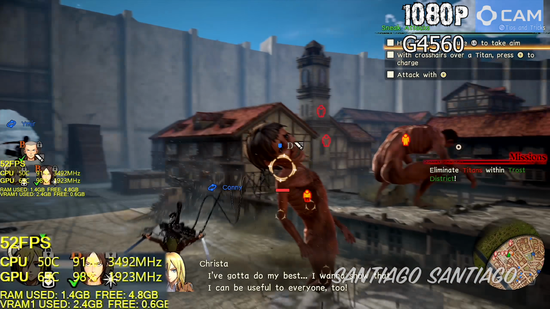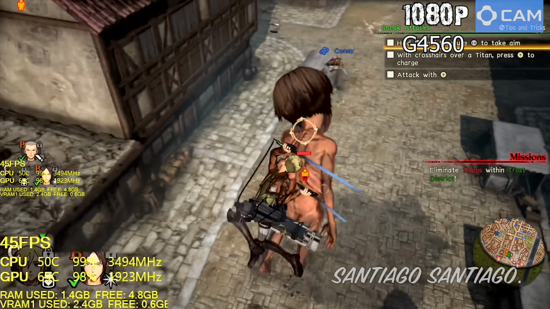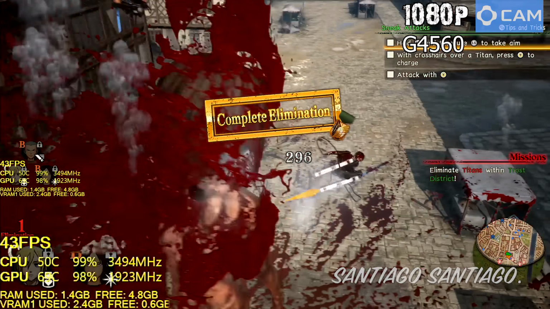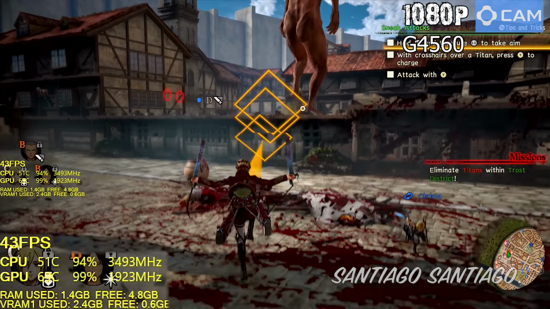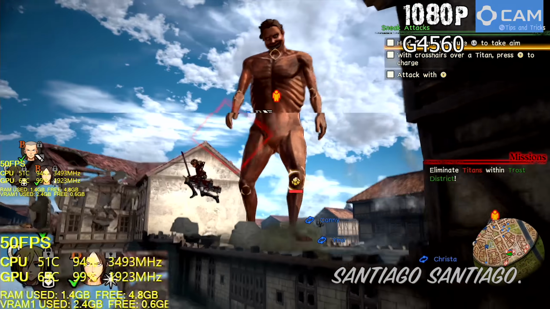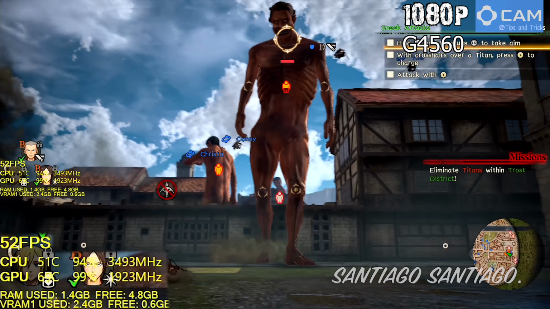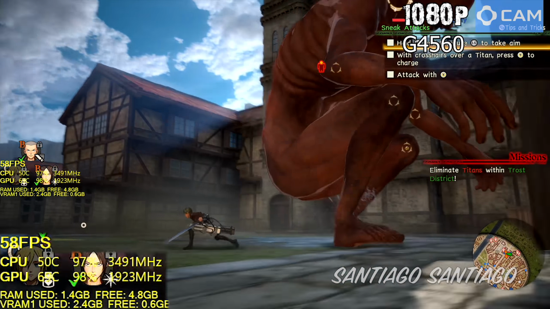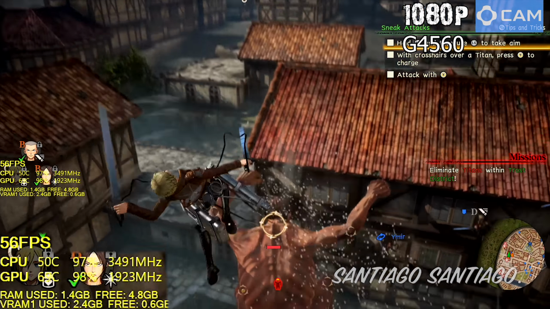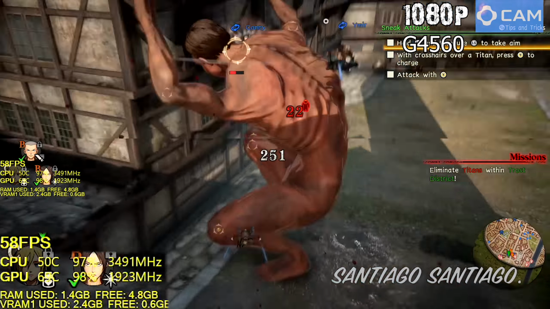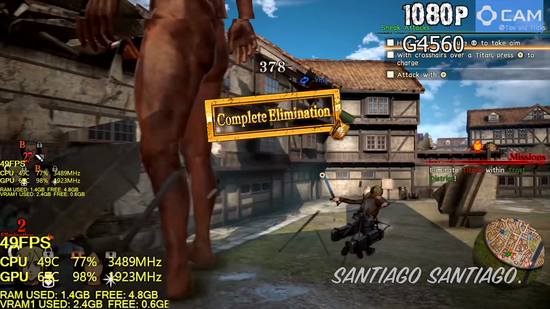on max settings. Then I switch to 1440p and I will target 30 frames per second, so I crank up the settings to the max, and that's enough to maintain over 30 frames per second most of the time. And then I just lower the settings, trying to maintain constant 60 frames per second or as close to that as possible. And finally I switched to 4K, but this time around doing an overclock on this game wasn't 100%